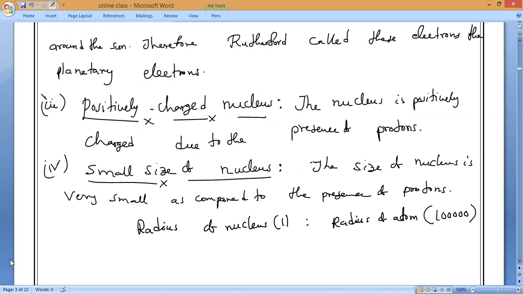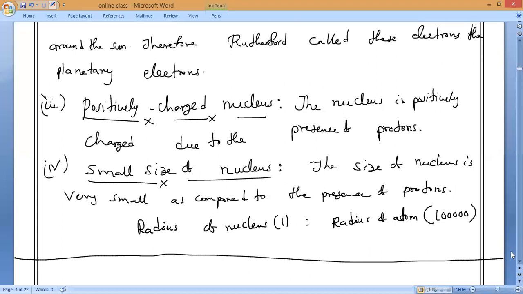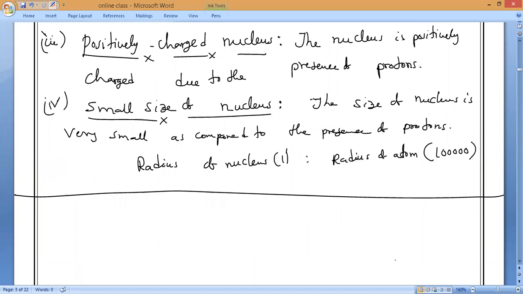So these are the Rutherford atomic model points. Now, next class we'll study the disadvantages of the Rutherford atomic model, the same way we'll go with the third one. That is what we can say, drawbacks of the Rutherford atomic model. Later, Bohr's atomic model. And one more thing I want to say, which is said by Mr. Rutherford. Please write those points also.